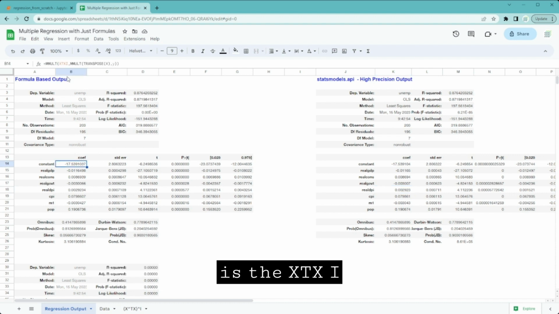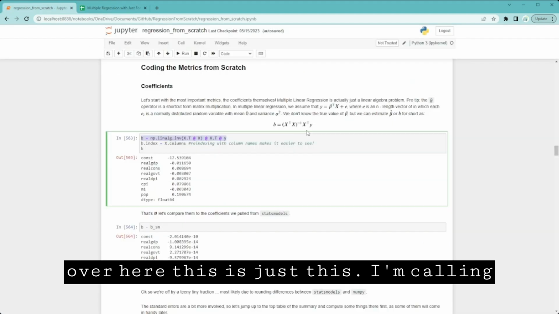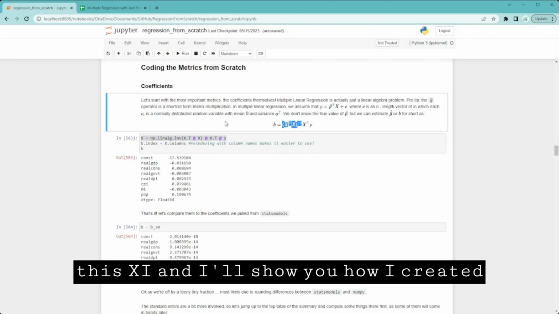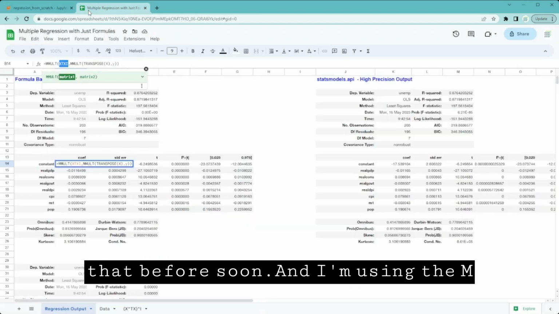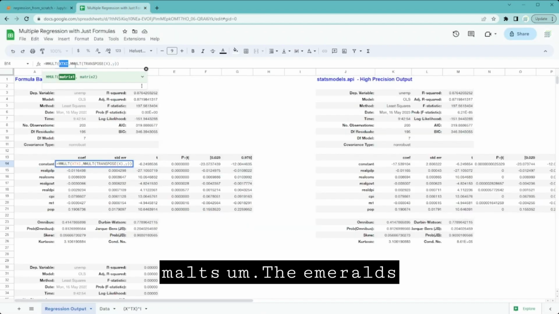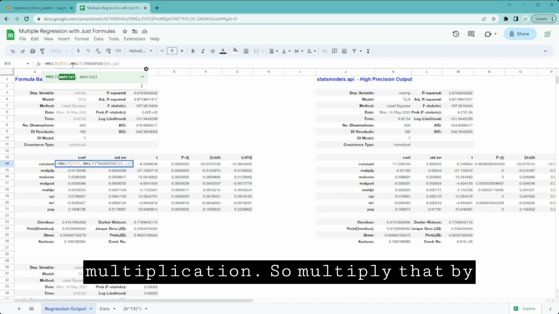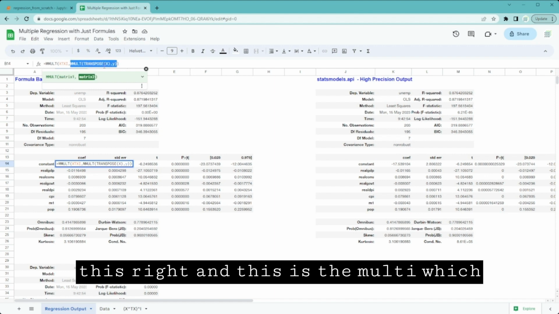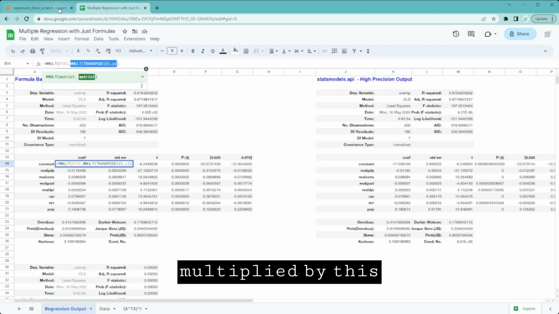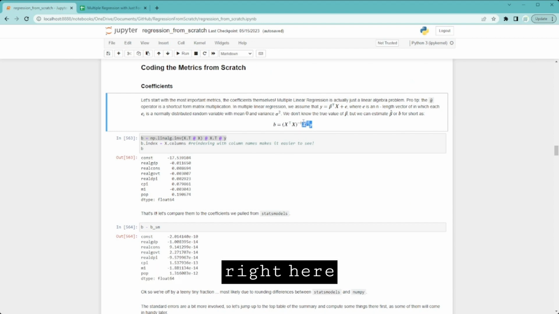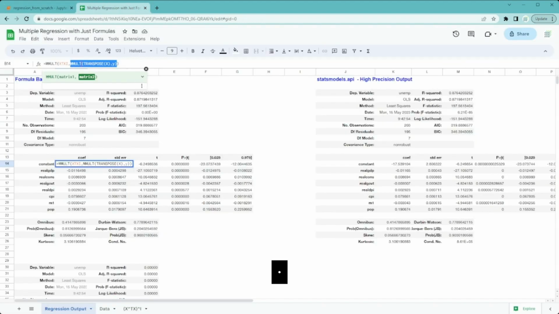So what we have here is the XTXI, right, which, if you remember from over here, is just this. I'm calling this XTXI, and I'll show you how I created that soon. And I'm using the MMULT function in Excel, which is matrix multiplication, to multiply that by this, right? And this is the MMULT, which is the transpose of X multiplied by y, which is that right here. So this multiplied by this creates our coefficient. Oops. Now this, error, Control Z. So this right here